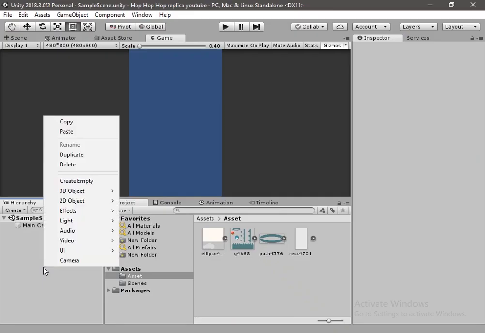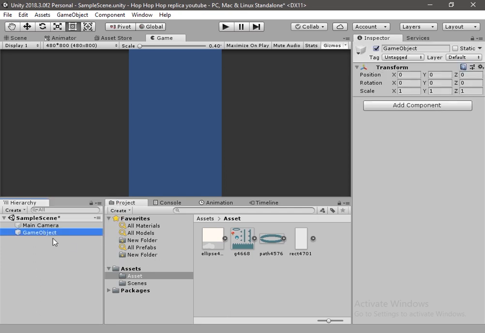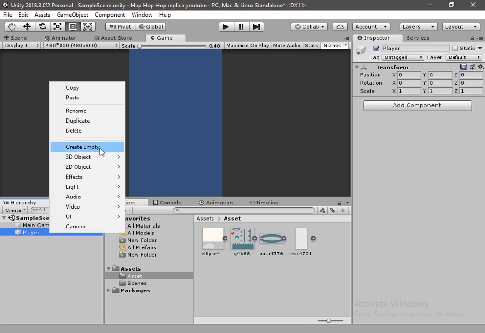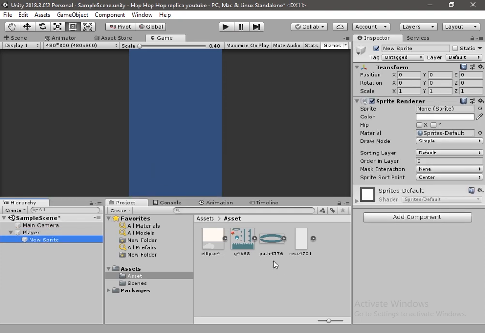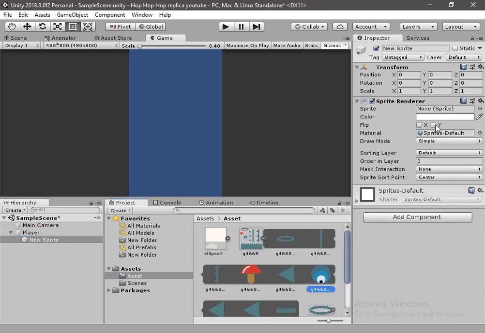Now let's create an empty game object for the player. I will name it Player. Create a 2D sprite child game object and drag and drop the player sprite to it. Scale it down a little bit. I will scale to 0.1, 0.1,